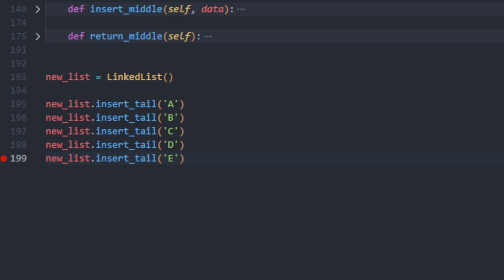The first problem that we're going to be going over is inserting a node in the middle of the linked list. So to set this up,